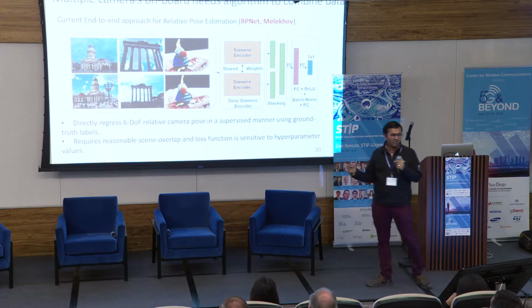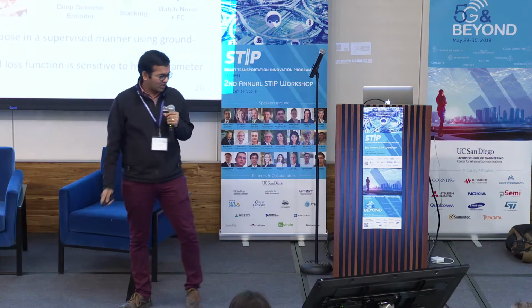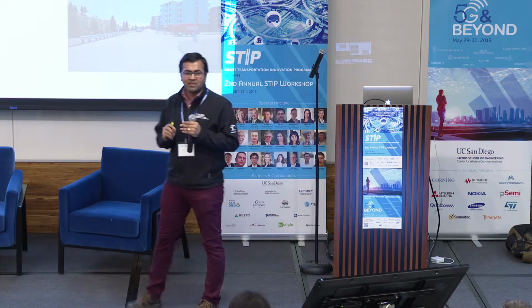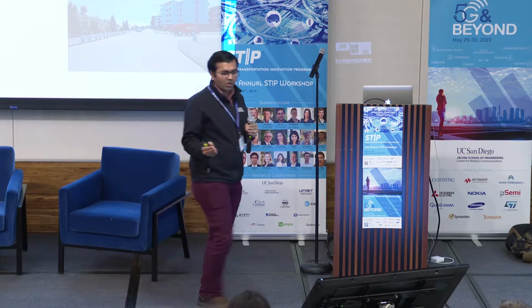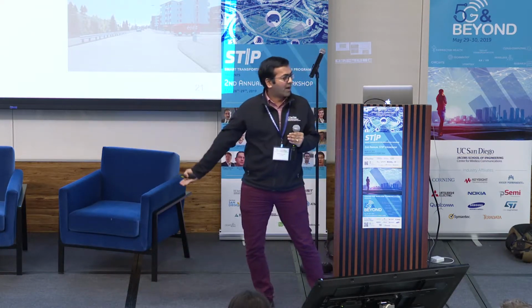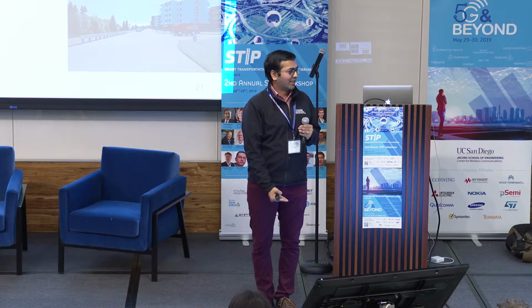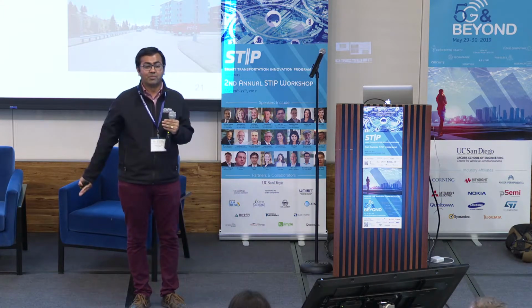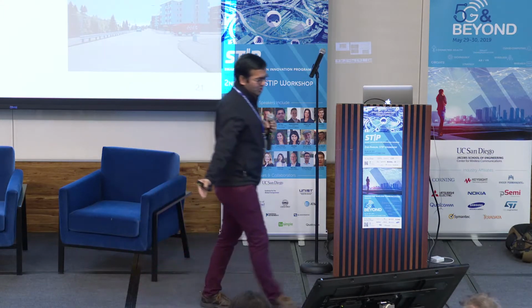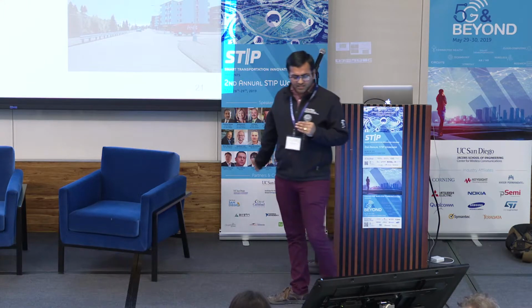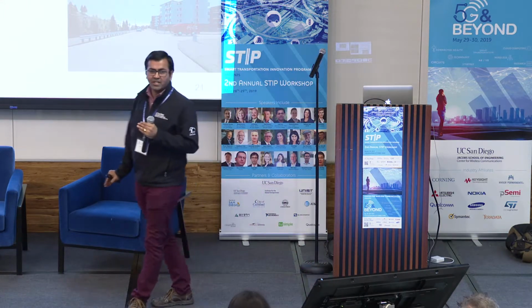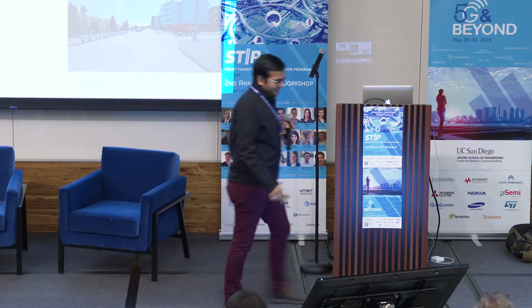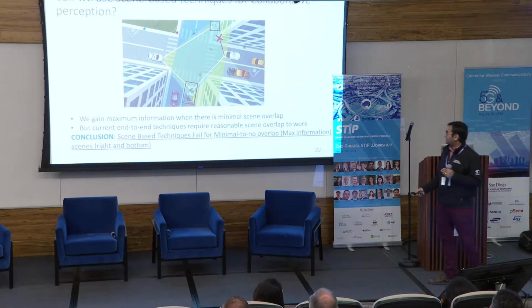Now, here's what we're going to do here. In the context of collaborative perception, that technique is not useful. Primarily because the cars whose data you want to combine won't have scene overlap with you. And the cars whose data you can combine have scene overlap but do not have complementary information to you. So fundamentally, we reach a conclusion: scene-based techniques cannot be used. You need to come up with something fundamentally new and think in a different direction. And this is where our thought process is.